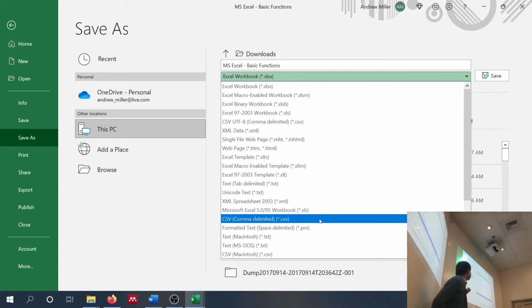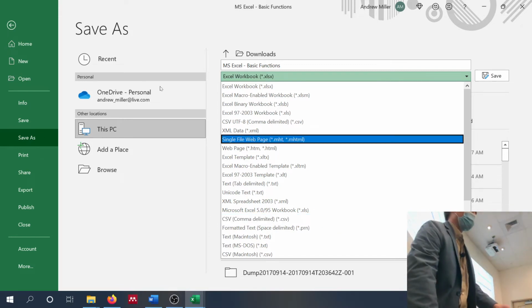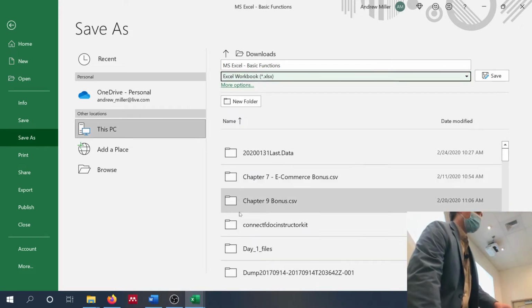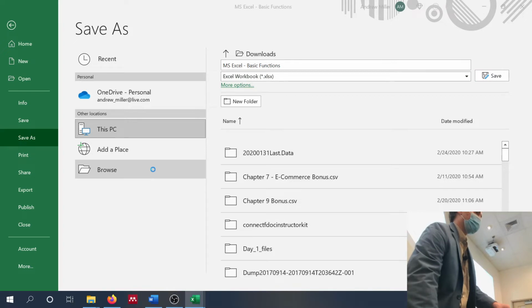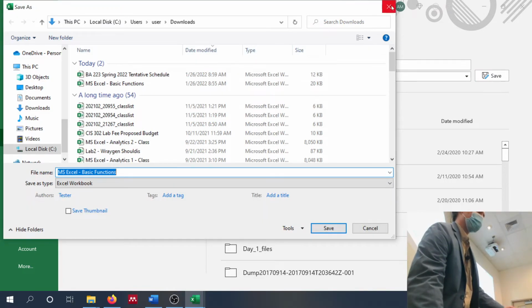Everything you're doing in 2021, or 2022 now, right? Goodness, I'm behind the times. You should be using the XLSX format. Does that make sense? So again, I'm starting off basic. Let me know if something's not making sense. And of course you can change the location. Just hit this browse right here. You can save it wherever you'd like.